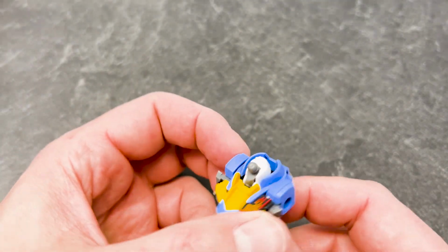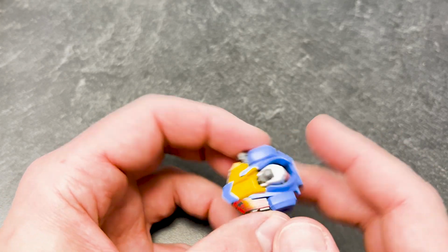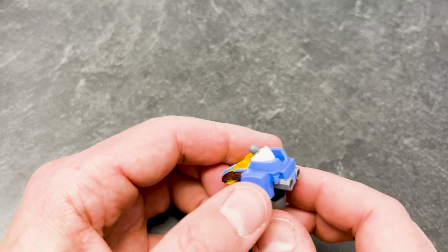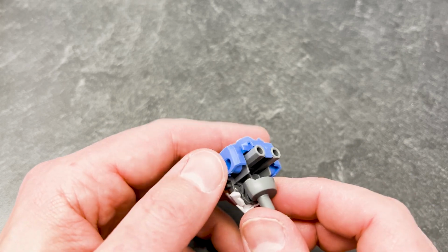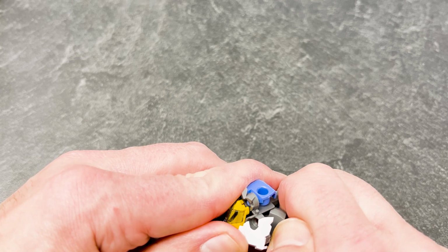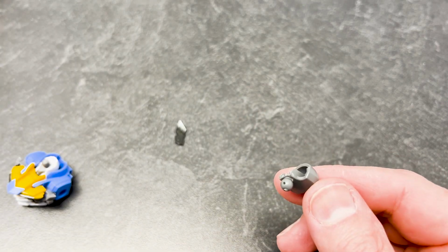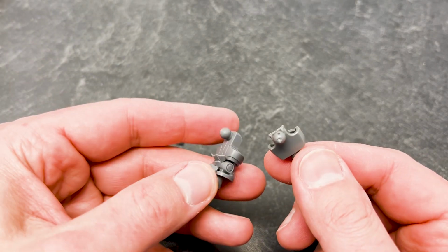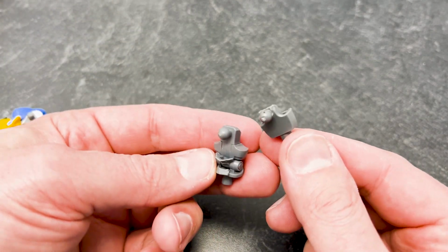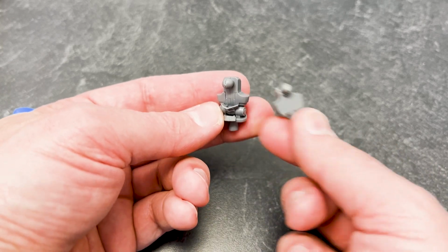Taking off the torso is a little bit more involved, but really what you just need to do is take off the two side pieces. Now, this fell off when I took it off, so that's not necessary, but it will come. And all we've got to do is get this middle section out, which we have right there, and you can compare it to the new piece. And what you can see here is in the new piece, we have the same ball joint and where it connects, but it is longer,